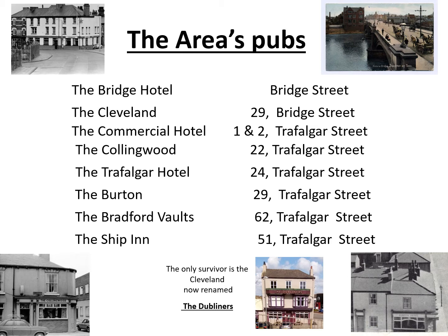At the entrance to Bridge Street, just off Mandle Road, was the imposing Bridge Hotel, and further along was the Clevelander, the only surviving pub of that area, now renamed the Dubliner. As Bridge Street turns into Trafalgar Street, the Commercial pub is on the right, and further down in the shadow